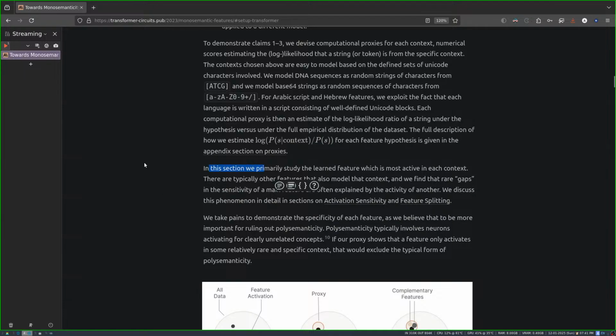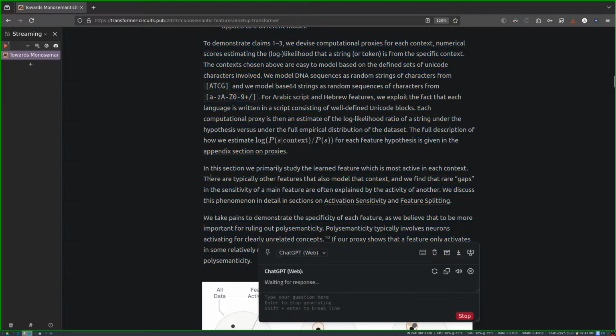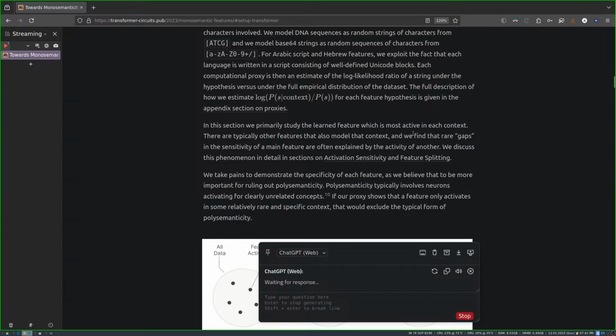In this section, we primarily study the learned feature which is most active in each context. There are typically other features that the model